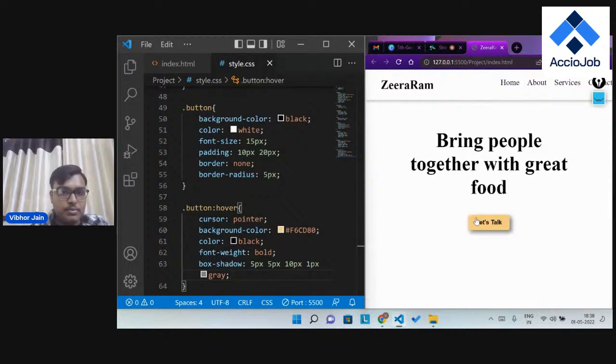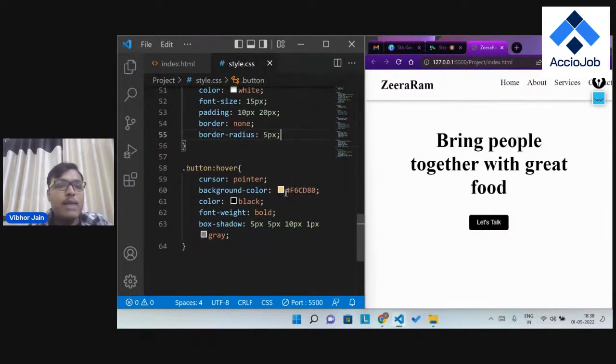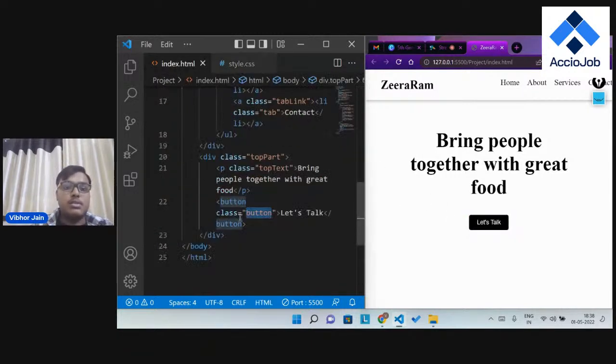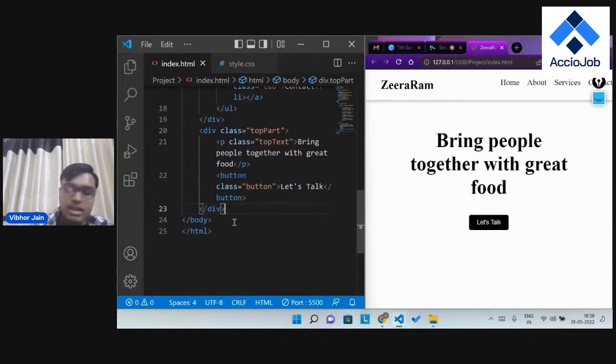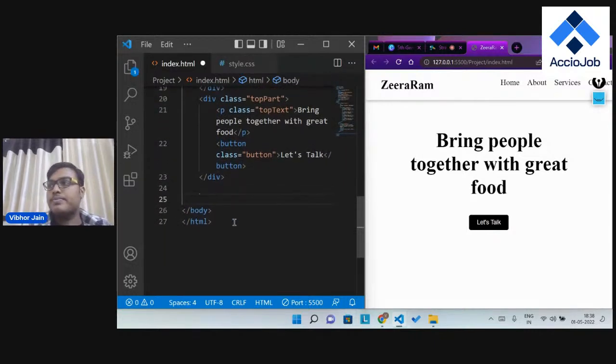Okay, so this is how I am making my button responsive, with a button of different design on hover. Now let's move to another div. I have to put one image here, so let's put one image. Let's give it a class of main image